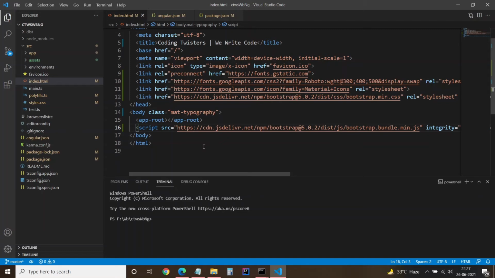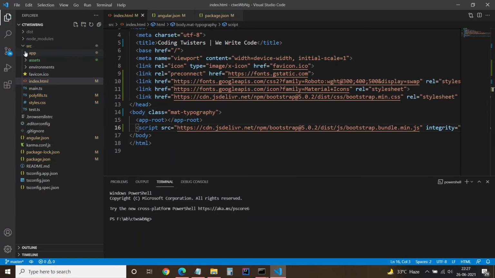So the point is you should use them in index.html, not by installing separate modules for jQuery or Popper. No need to install the npm packages; you can just paste the CDN links in index.html and your Bootstrap will work in your Angular project.